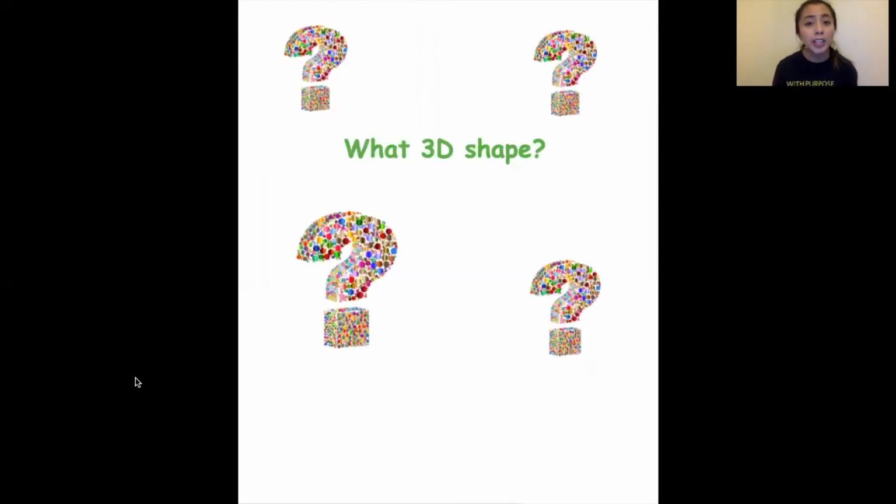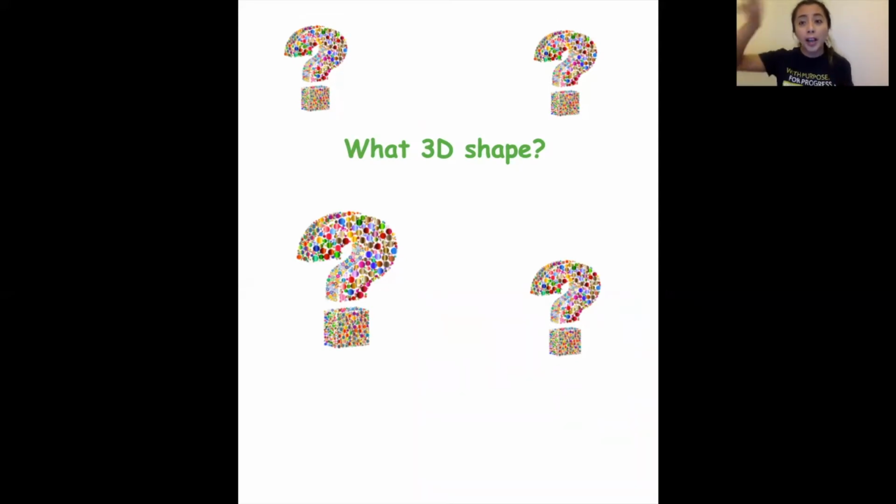All right, Kipsters, so I'm going to have you guess what 3D shape I made. So you should have a pencil and a paper so you can draw it out. Okay, so I'm going to describe a 3D shape, and then I'll describe another one. I want you to try and draw what this composite shape might look like. So listen carefully. Right, so for the first one, I put a cube flat, and then I took a cone